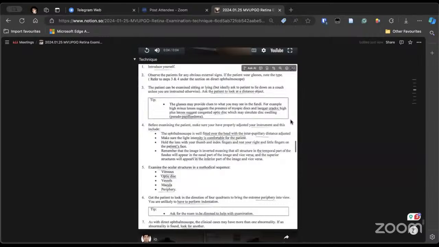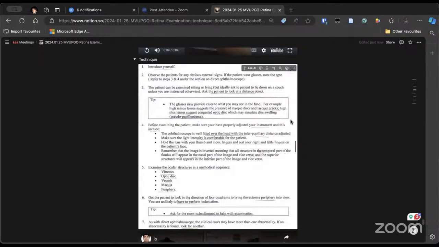This is very important. When a patient comes to your OPD, you examine the patient for xanthelasma, how they are walking. And sometimes a patient might have congenital glaucoma. One eye might be larger. So if you do not see them with the naked eye and directly go to the slit lamp, you might not get the clue. So that is very important.